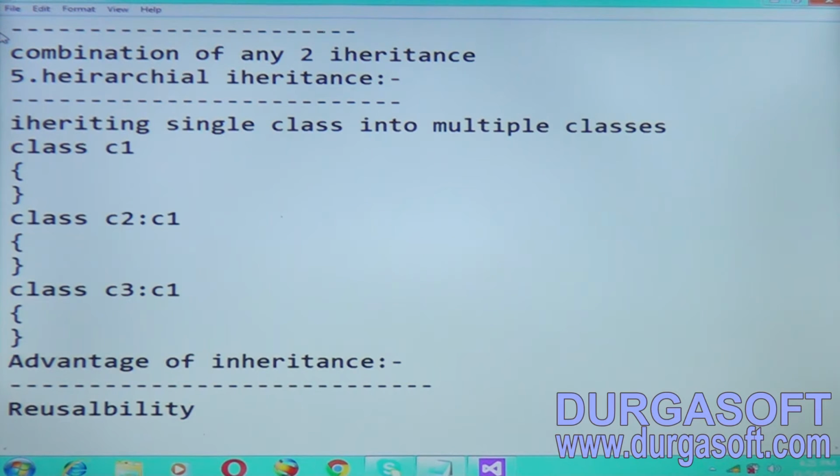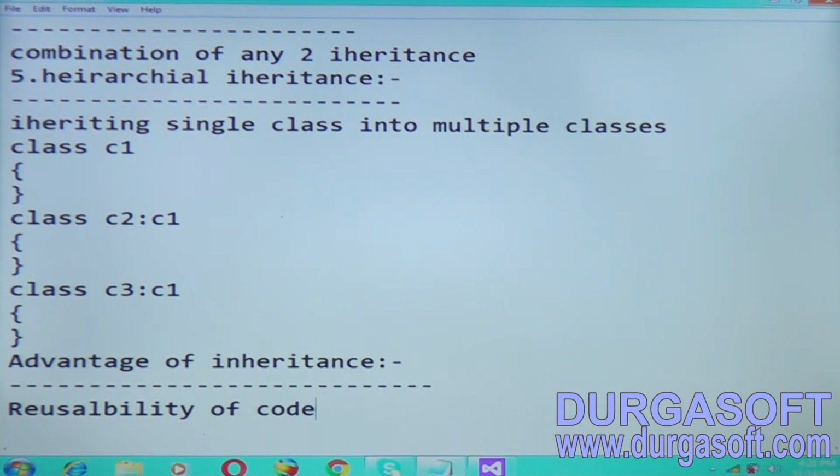Because of inheritance, a method which is defined in the superclass can be accessed by derived classes. If any method is defined in class C1, the derived classes C2 and C3 can also use that method without defining it again in C2. We just create the object and directly use that method of class C1. That is the advantage of reusability.